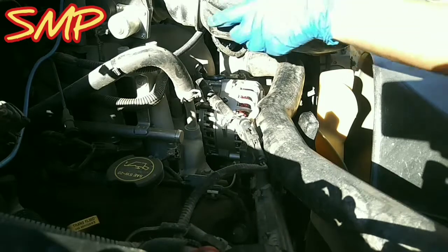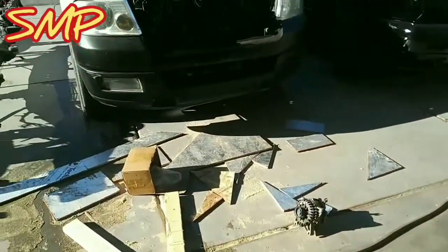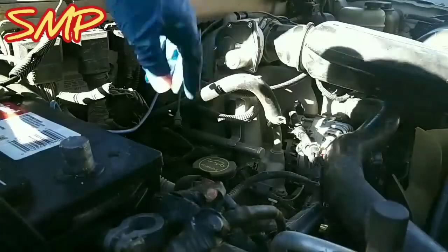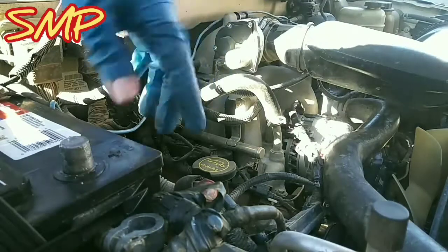Grab my 8mm. Sorry about that. My phone again overheated while recording, but there's your bad alternator right there on the floor. We're done with it. Putting the new one. Again, we just put the intake back on there. New alternator's in, did all my checks, make sure there's no tools, put my belt back on, tighten down my